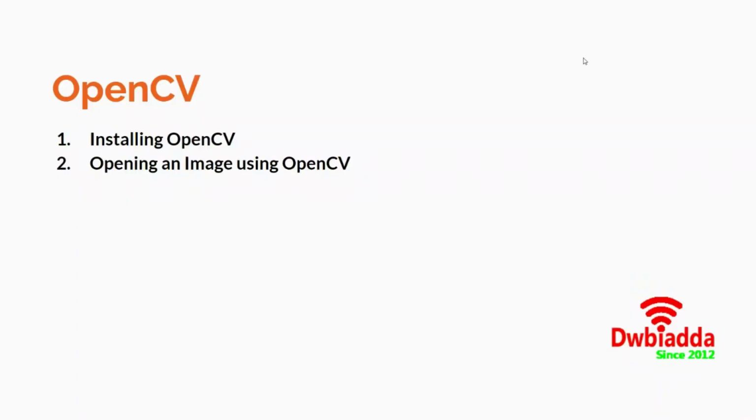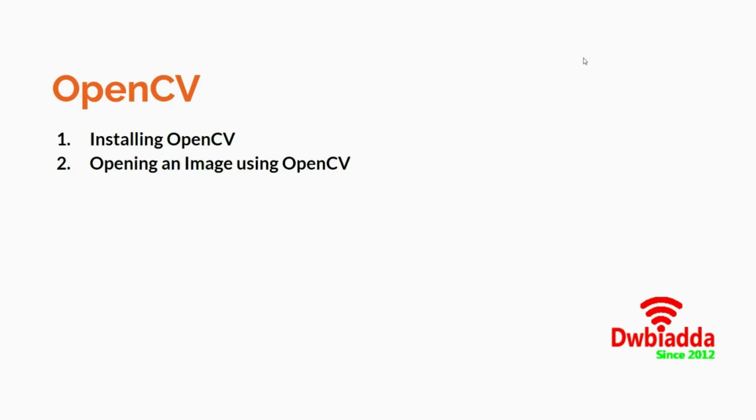Hello everyone, welcome back to the lecture series on computer vision. In the last few lectures, we discussed the definition of computer vision, how computer vision evolved over time, some of the frameworks that are associated with computer vision, and then we shifted our focus onto NumPy. We also saw some of the basic operations that can be done using NumPy. We also did some hands-on coding exercises using NumPy, where we did all of the operations that are required from a basic understanding of NumPy.